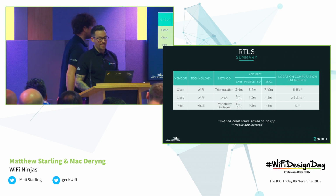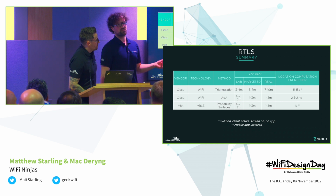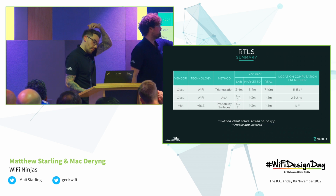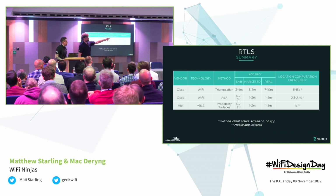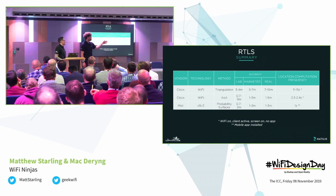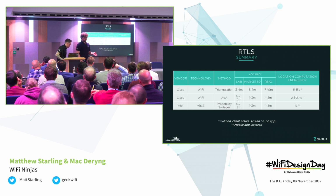I'm sorry, but it's quite important from our perspective, because when you put these 3 different technologies together and you want to think about how you can leverage this RTLS functionality to give benefit to your business, you really want to understand not only the accuracy in the real world and in a lab versus marketed, is it really better than they say or worse than they say, but you also want to understand the location computation frequency of your client. With trilateration, it doesn't matter if it's Cisco or anyone else, it is between 10 to 15 seconds normally, and since they assume about 5 to 7 meters accuracy,